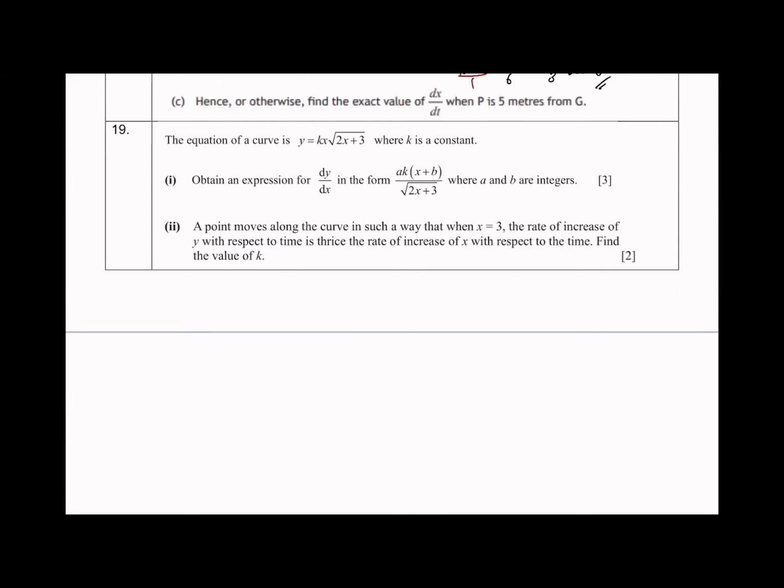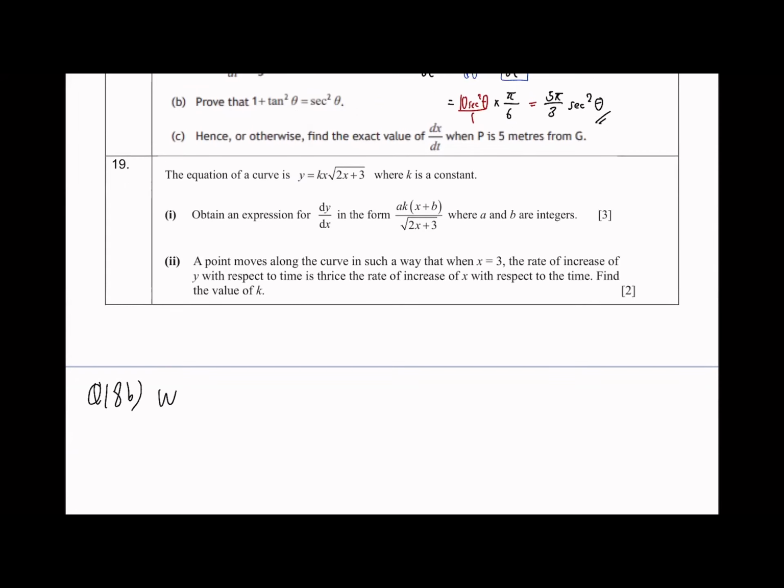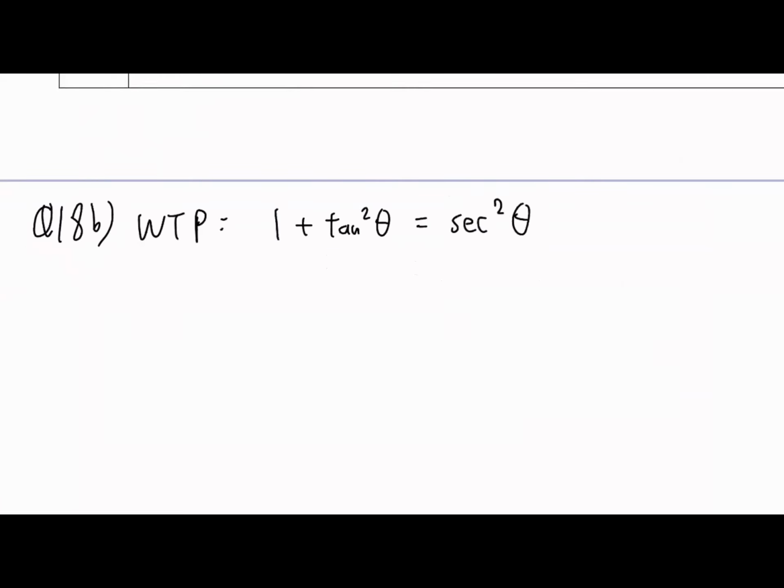Use the if and only if symbol. They're asking you to WTP, what you want to prove. This is your objective: 1 plus tangent square theta equals secant square theta. You can just say this is equivalent to